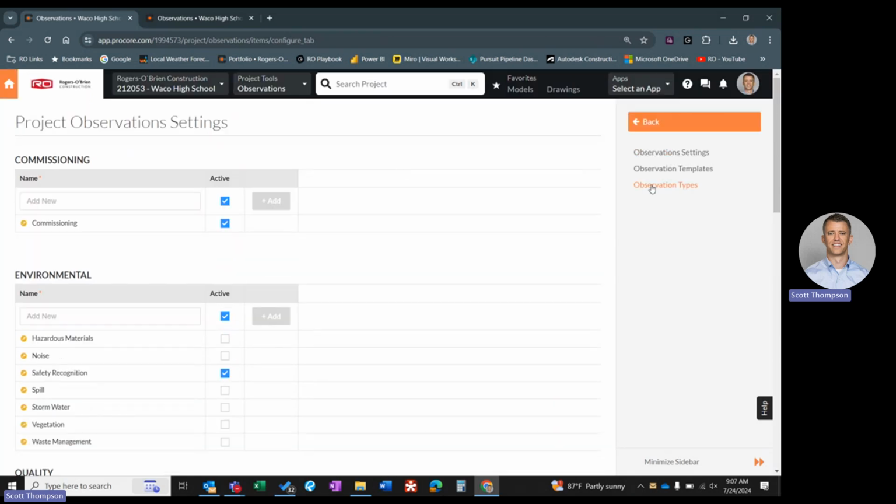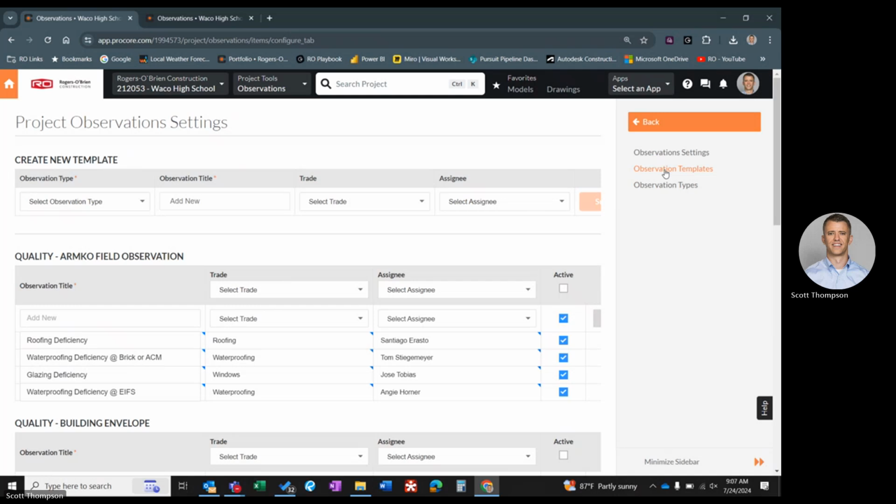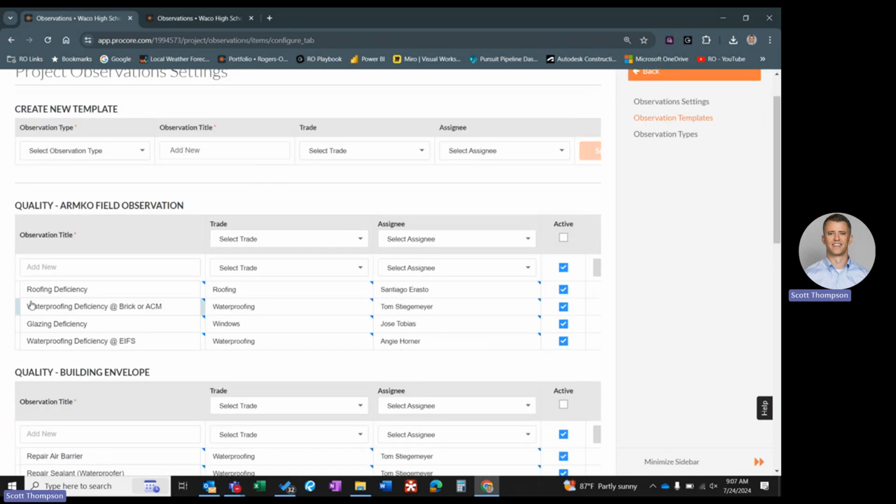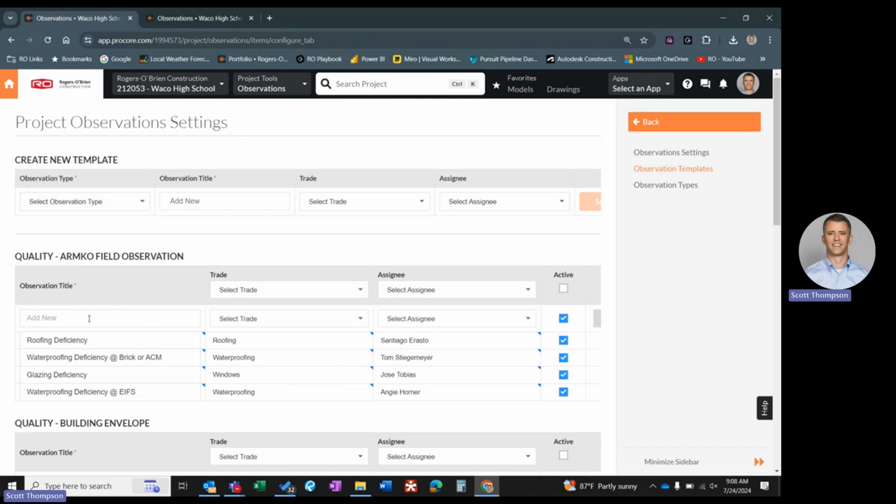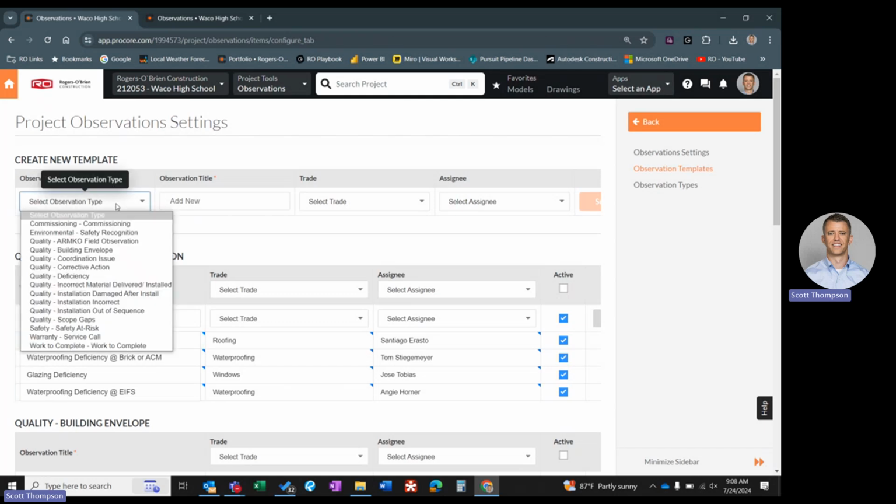Now let's scroll up to observation templates. We already have four templates created under the type of Armco field observation. Roofing deficiency was the main one, used as a third-party inspector was visiting the roof while the roof was being installed. But basically, to create those items, what we did here is we just selected observation type, and